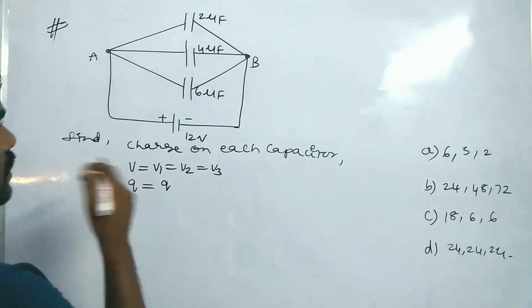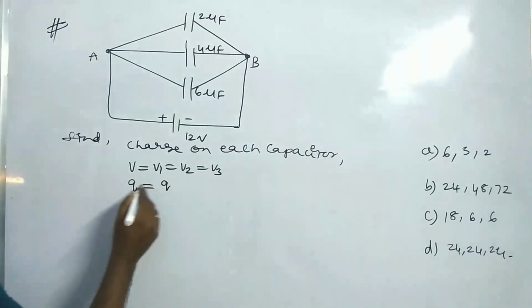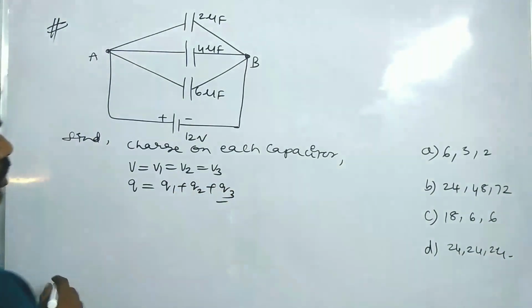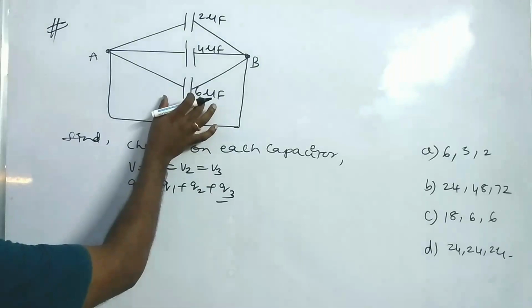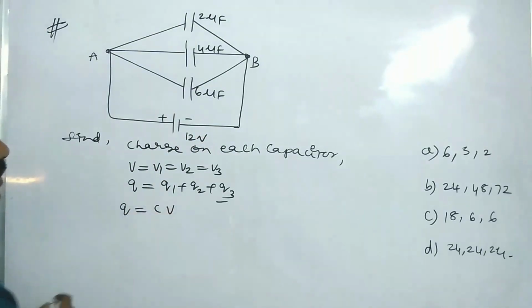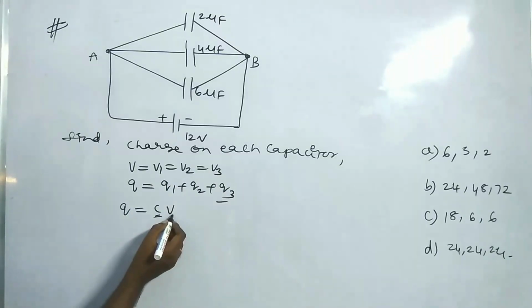So charge is not the same, that is variable. So Q is equal to Q1 plus Q2 plus Q3 here. So how can we find the charge on each capacitor? Charge, Q is equal to CV, capacitance into